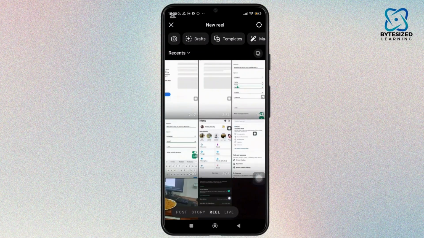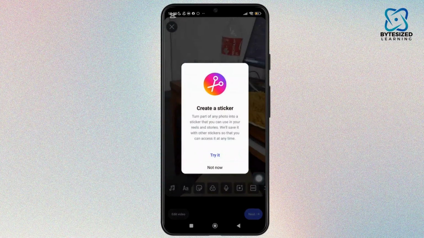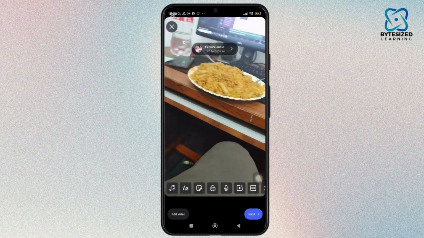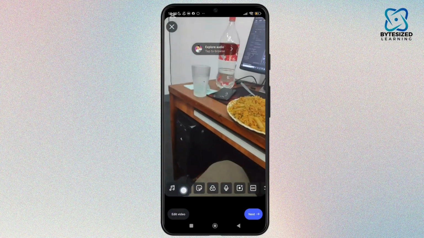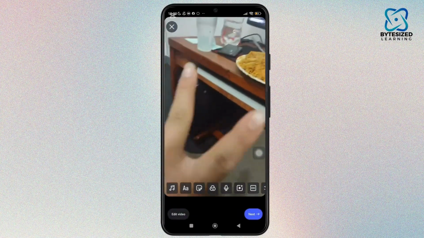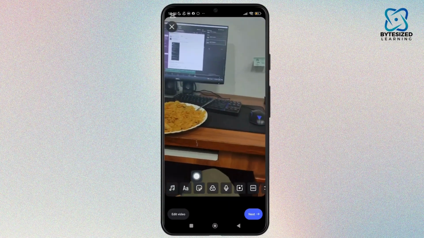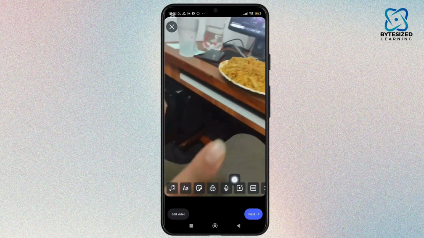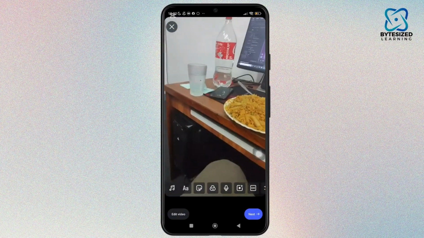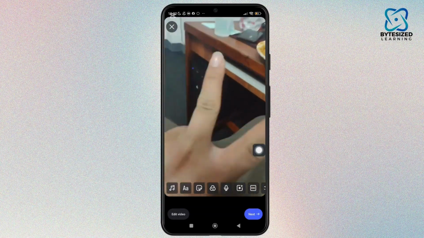And once you have selected it, you will be prompted to the editing section. Now here you'll be provided different editing creative tools which can help you to customize your reels and make it more better and creative. Here you can see the option of audio, speed, effect, timer and many more. So you can take your time and edit your reels for better outcome. And once you're done with that, you can simply tap on the next button shown in the bottom right corner